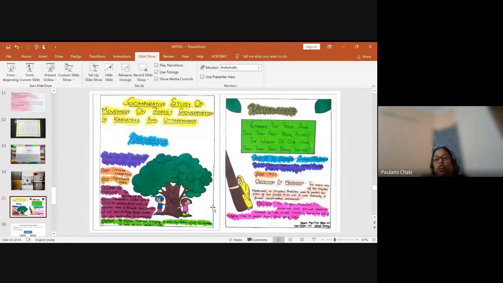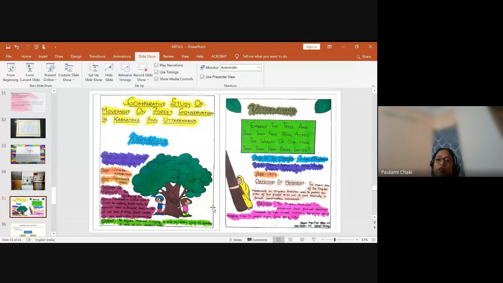Now, we also came to know that we have to do the Ek Bharat Shreshtha Bharat project. Because I am right now in Karnataka, we have to do it with Uttarakhand. Then I kept on researching, and I found that forest conservation is something I can teach them, and I will be able to put in some values like empathy, taking care of our environment, all these things I can teach them through this particular project.